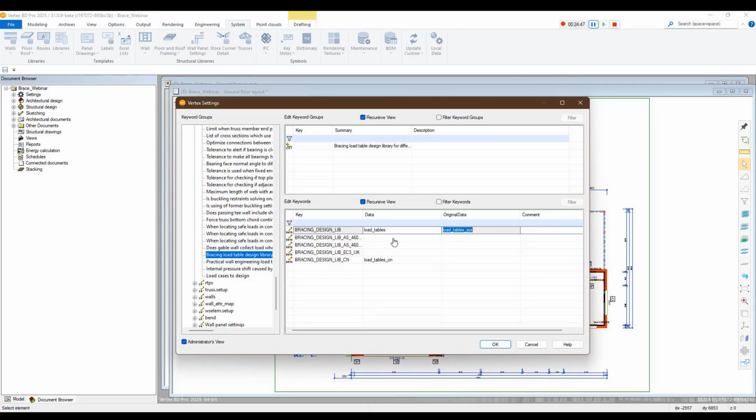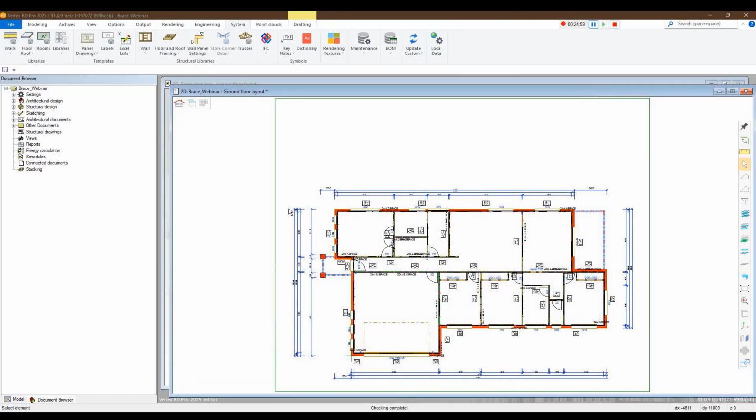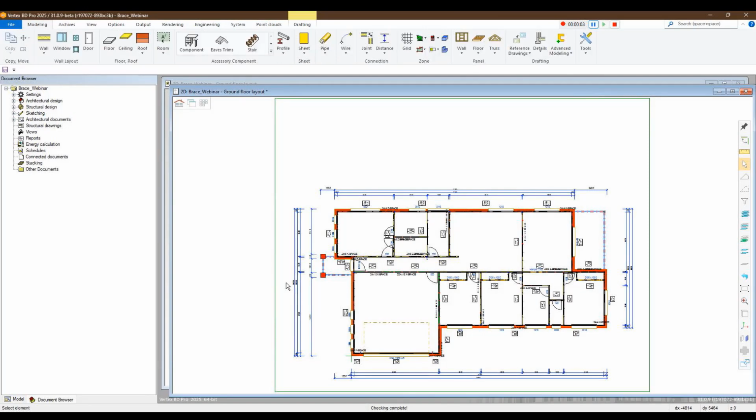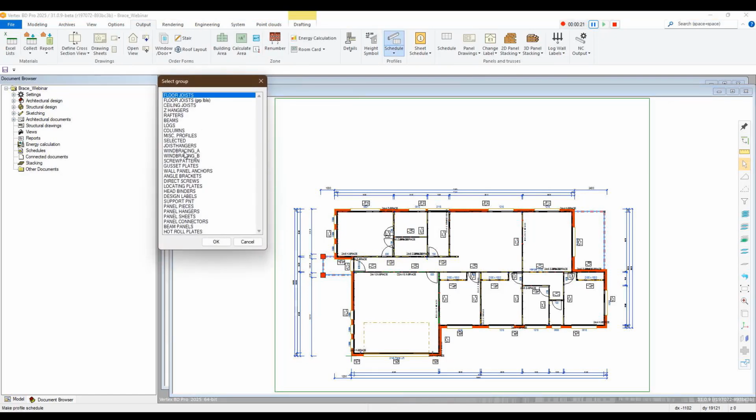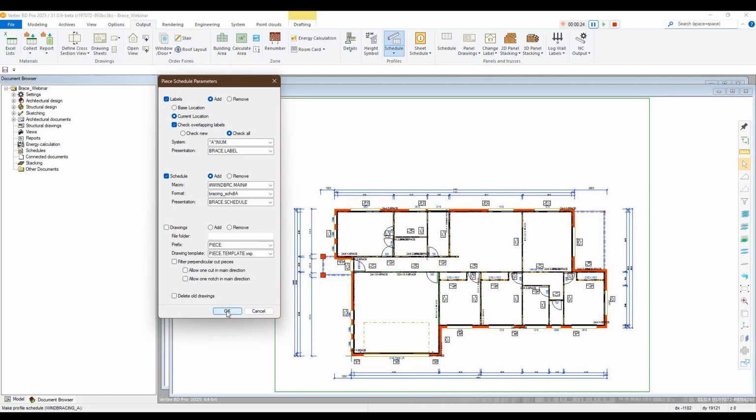If you happen to have a different library name for whatever reason, then that data would have to be put in correctly so that it reads the right location. And then we go OK to that. Now that we've got our bracing tables being used, we can now look to insert our schedules to get our bracing capacities correct. So to do that, I can go to Output, Schedule, and I'll do wind direction A, and